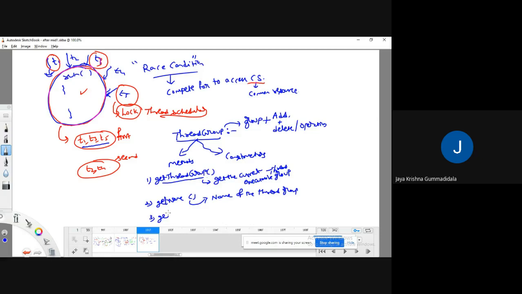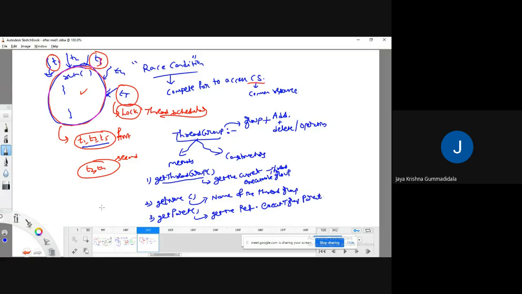There is a method called getParent. The getParent method is meant to get the reference of the current executable thread group's parent.